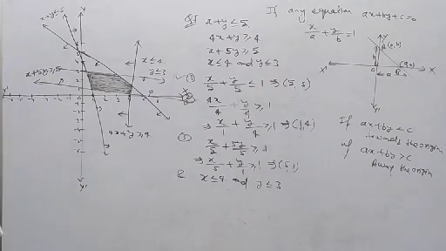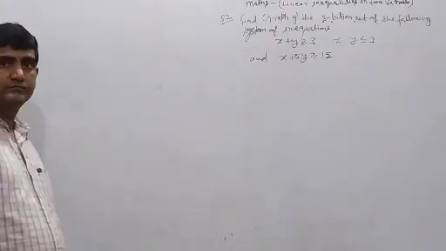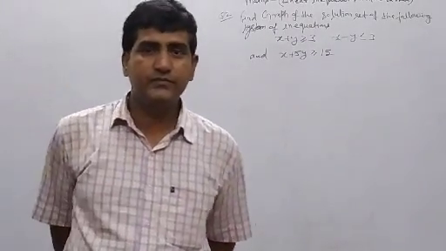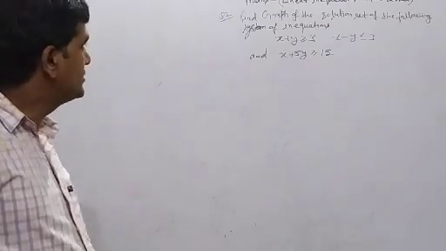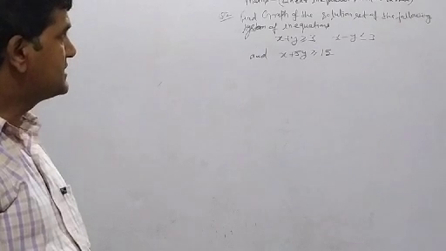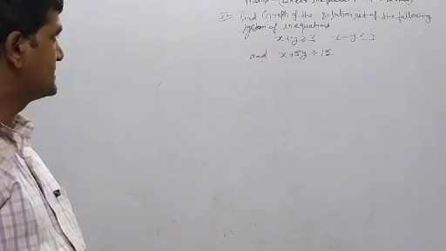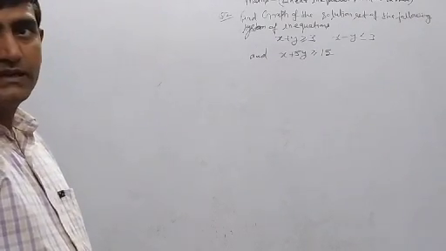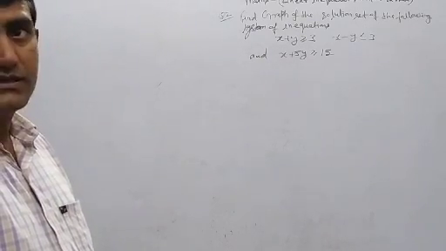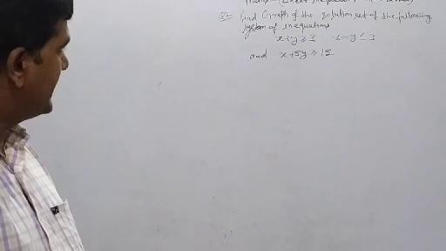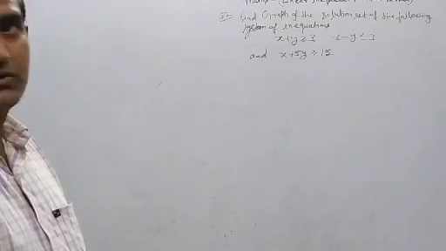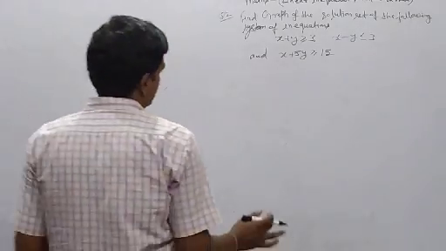You see the other example here. Now this is question number 2. In question number 2, find the graph of the solution set of the following system of inequations. Equation number 1 is x plus y is more than or equal to 3. The second equation is x minus y is less than or equal to 3. And the third equation is x plus 5y is more than or equal to 15. Already you know.